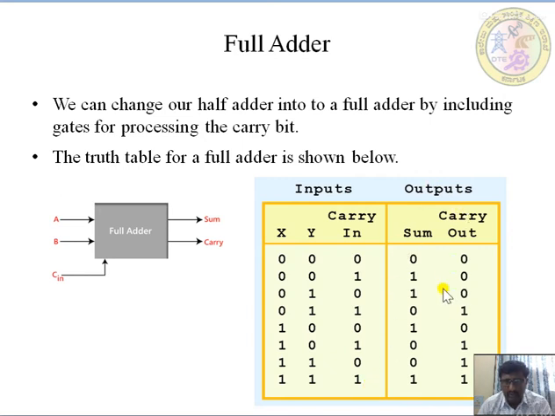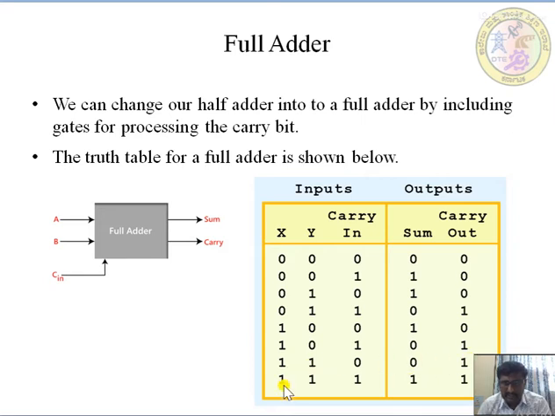Okay, now we will go through how we got the sum. See here, for 0, 0, 0, that is 0 plus 0 plus 0, both sum and carry are equal to 0. So 0 plus 0, 0 plus 1 is what? Sum is 1, carry is 0. Next is 0, 1, 0, that is 0 plus 1, 1, 1 plus 0, sum is 1, carry is 0. See here, now 0 plus 1 is 1, 1 plus 1, that is sum is 0, carry is 1. Okay, next 1 plus 0 plus 0, that is sum is 1, carry is 0. Next is 1 plus 1, that is sum is 0, carry is 1. Next is 1 plus 1 plus 0, that is sum is 0, carry is 1.